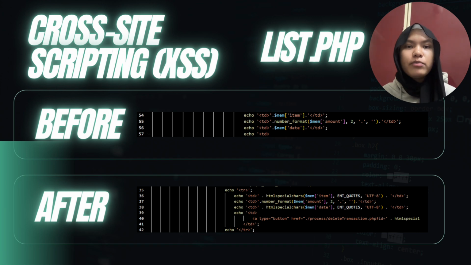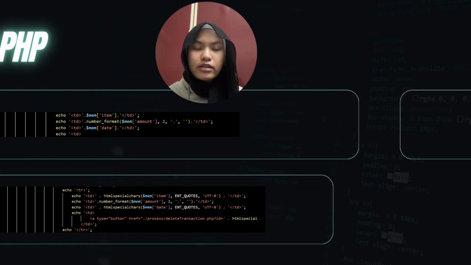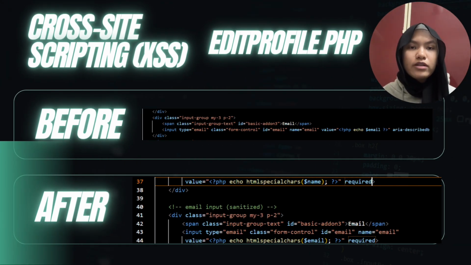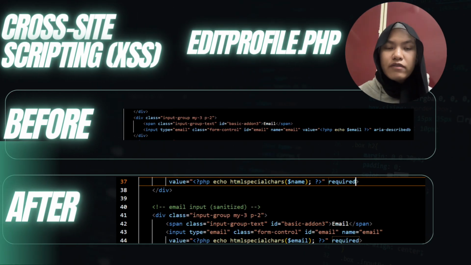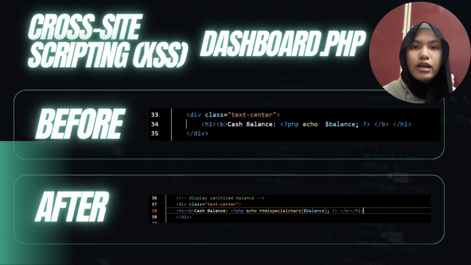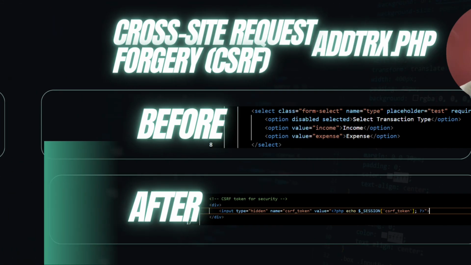For XSS, there are three PHP examples where I put the XSS protection, which are index PHP, edit profile PHP, and dashboard PHP. First, index PHP shows the income expense table. We put XSS protection on line 36 and line 38. Second, edit profile PHP shows form fields. We put the XSS protection on line 37. And dashboard PHP shows the balance display. We put the XSS protection on line